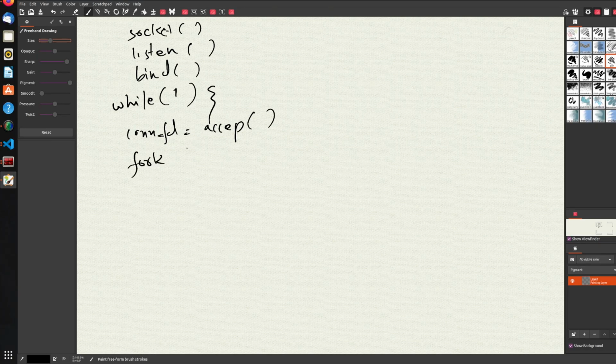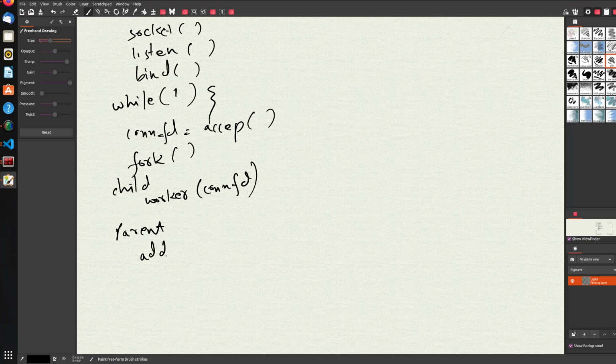We fork a new process, and inside the child process we simply spawn a worker. Basically, this child process is the worker process, and in the process we simply call the worker function, and we pass it the connection FD. And in the parent, what we do is we simply add the worker to a list of workers,